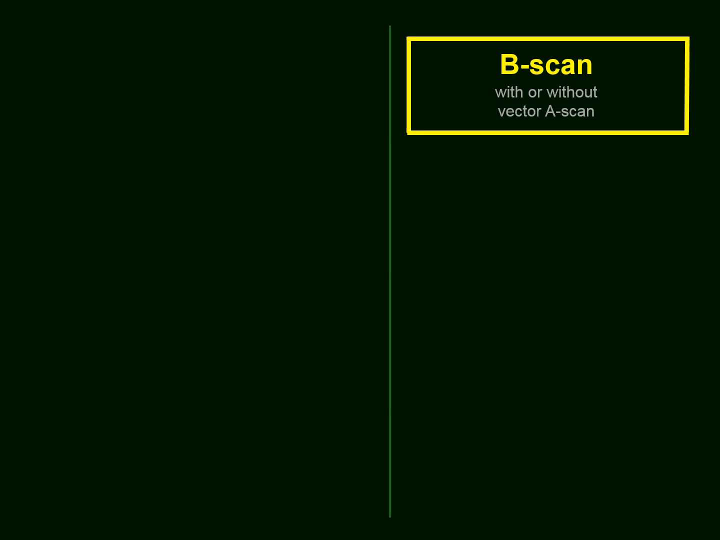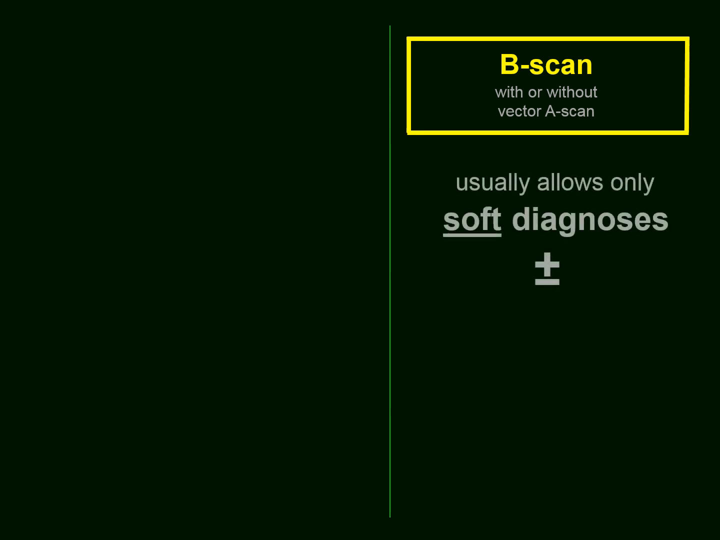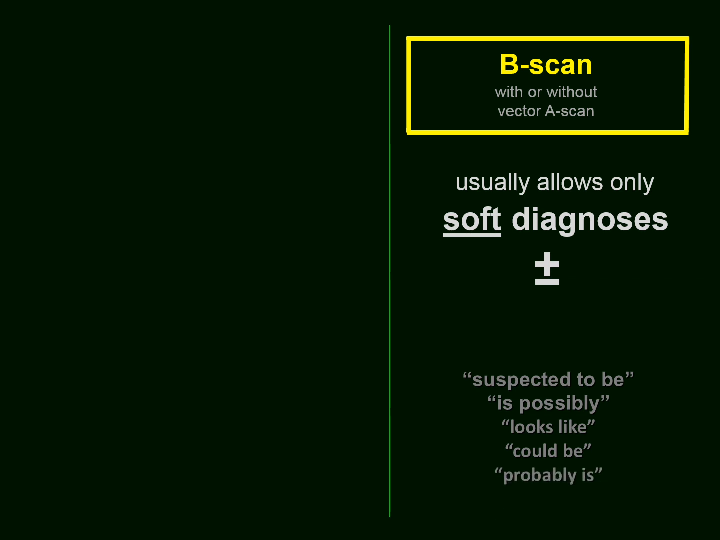Now we have to consider the following. B-scan, whether it's used with or without the so-called vector A-scan, usually allows only for soft diagnosis. I would call them plus minus. For instance, suspected to be this lesion, or it's possibly this lesion, or it looks like this lesion, could be this lesion, maybe sometimes even probably is this lesion,